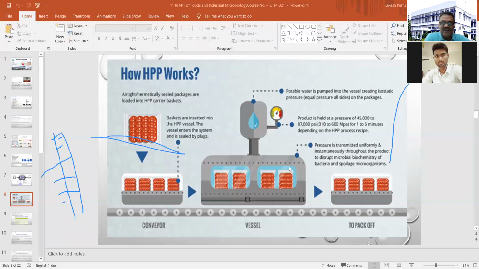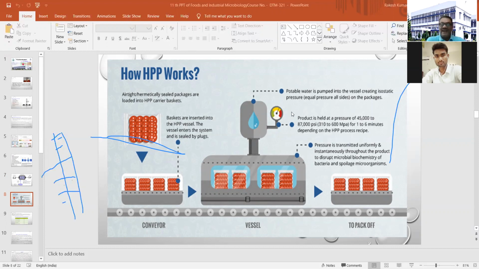The vessel enters the system and is sealed by plugs, and thereafter potable water is pumped into the vessel, creating isostatic pressure, equal pressure from all sides on the food package, and the product is held at a pressure of 45,000 to 87,000 psi, or in another pressure unit 310 to 600 megapascal for 1 to 6 minutes, depending upon the high pressure processing recipe,